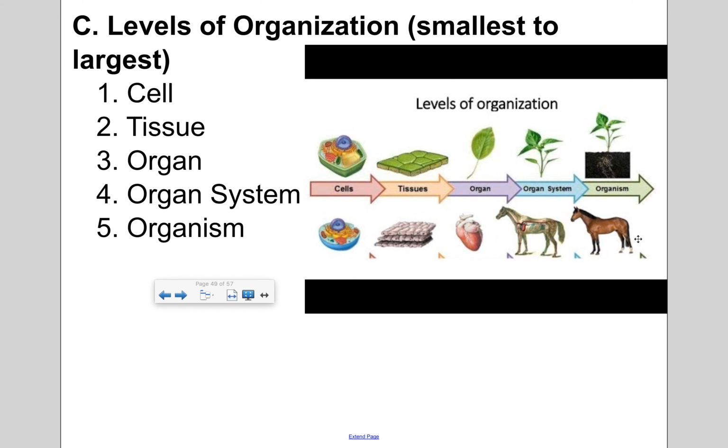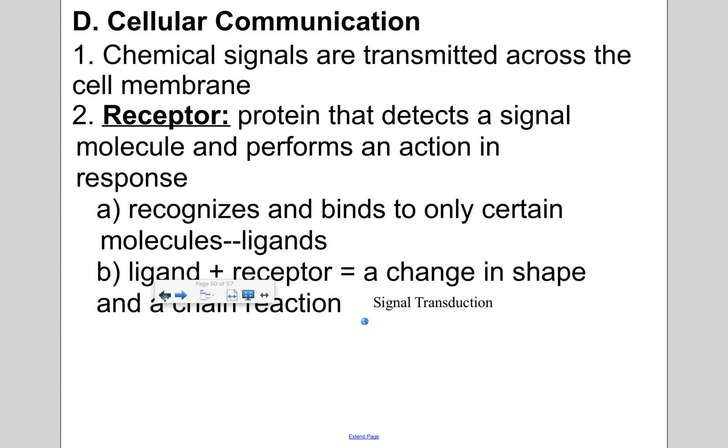You get that organism. Now on the plant side, here we have plant cell, different tissues: ground, dermal, vascular. They make up that organ. Yes, a leaf is an organ, but then when you have leaf, stem, roots, then you get your organ systems, and finally that organism. Okay, so